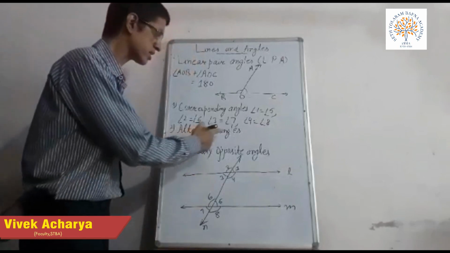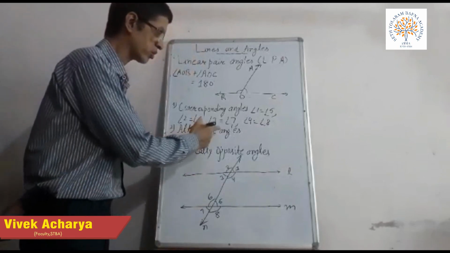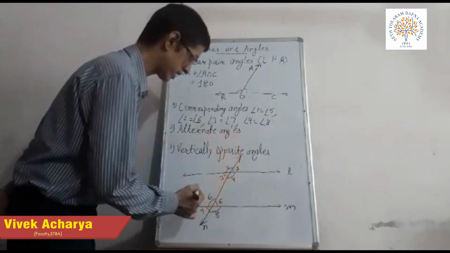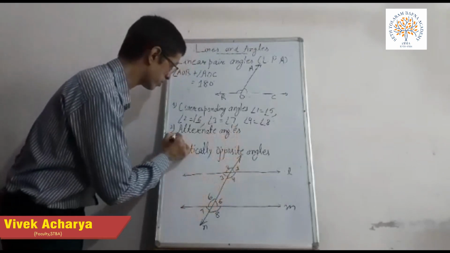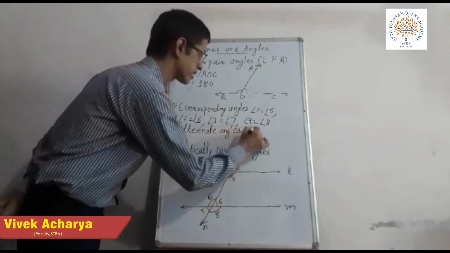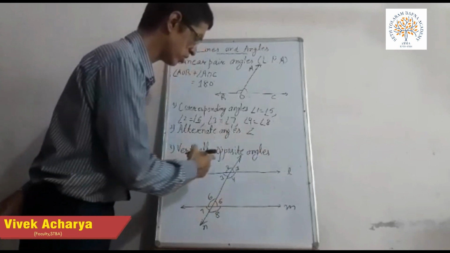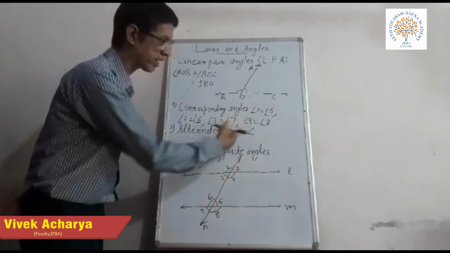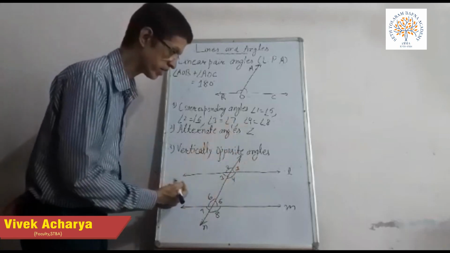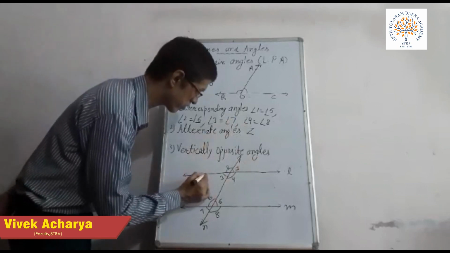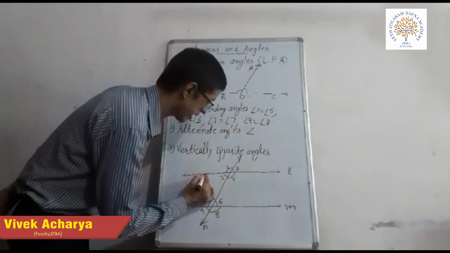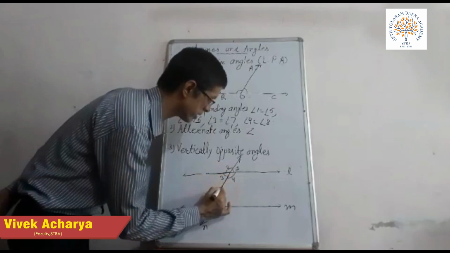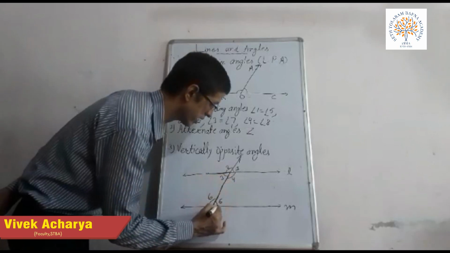Now alternate angles are angles that, in simple language, are in Z form. Those are alternate angles. If lines are parallel, then alternate angles are also equal. Look at the Z forming here. The line is crossing the parallel lines and the Z is becoming here, as you can see.